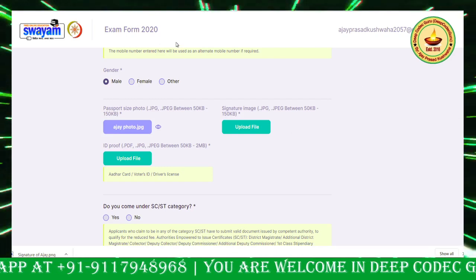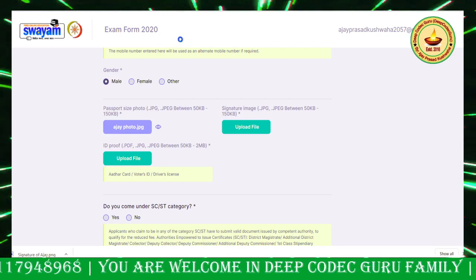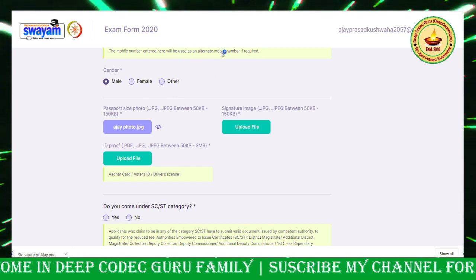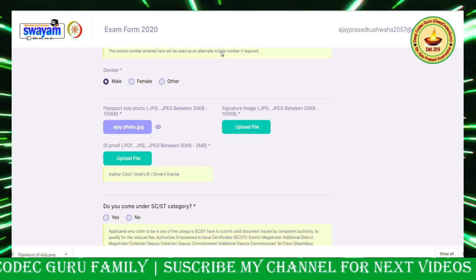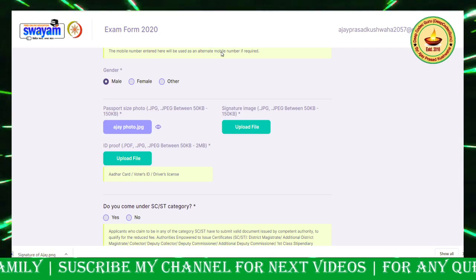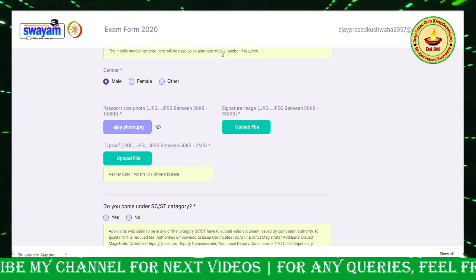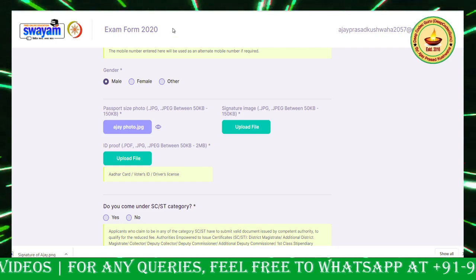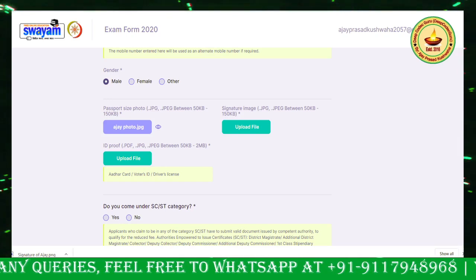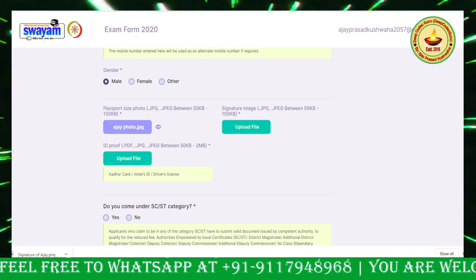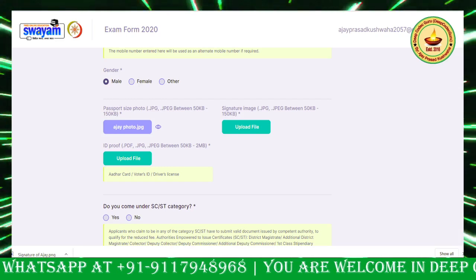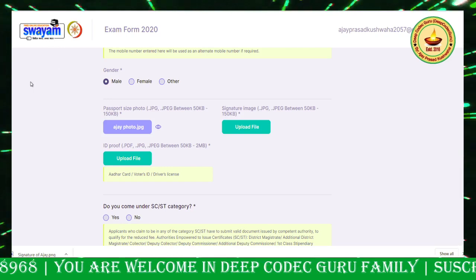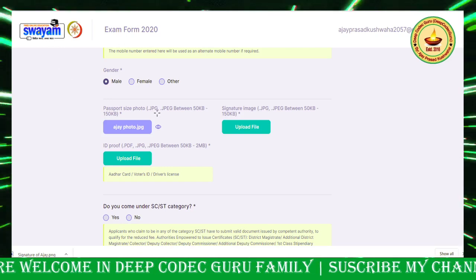I am recording all this using OBS Studio, so my second window is not visible to you. If you want to change the format of your file, you just open your file using Paint 3D and go for the option File. Then go for Save as. After opening your image in MS Paint 3D, click on the menu, go for Save as, and in Save as, click on Image.